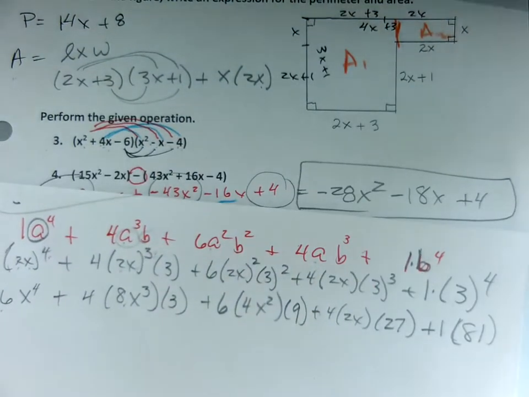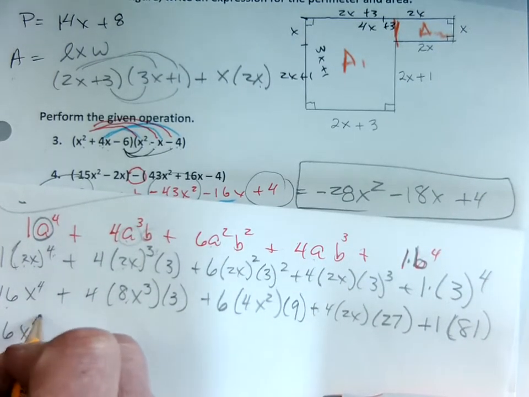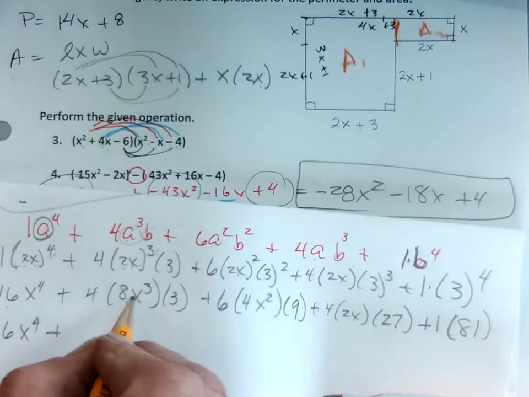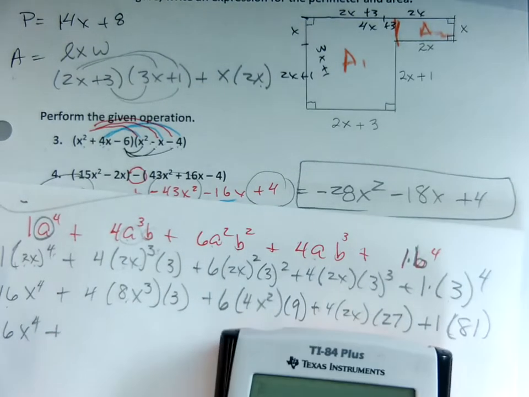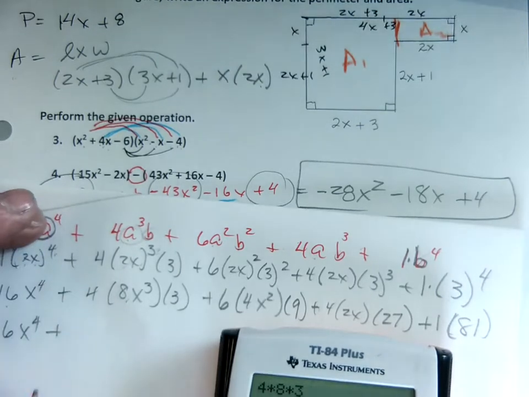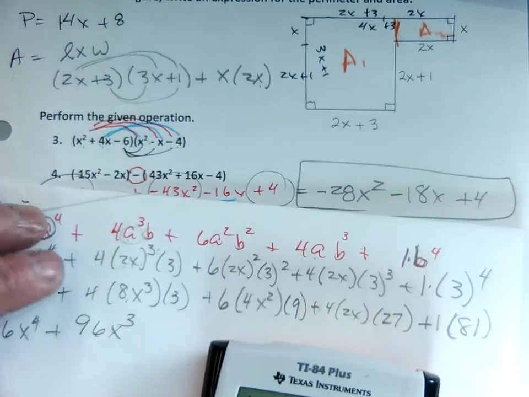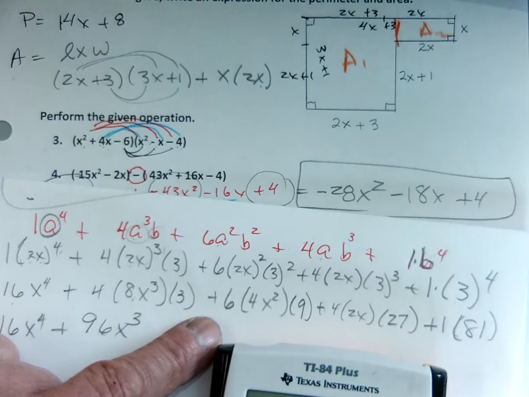Now, let's finish this up. Okay, calculator, got a lot of big numbers. So 16x to the fourth plus, okay, 4 times 8 times 3, I don't know, let's figure it out. Well, I probably could do it. It's 96, let's say 4 times 8 times 3 is 96x cubed. Let's see, 6 times 4 times 9